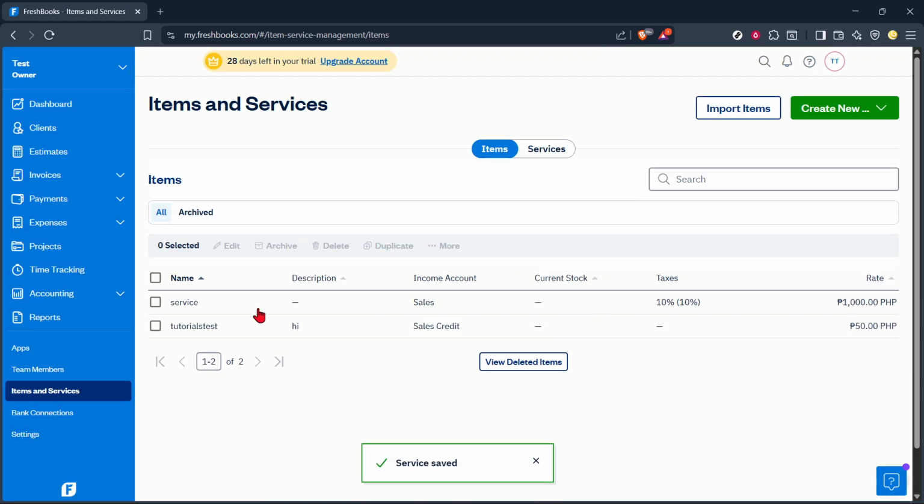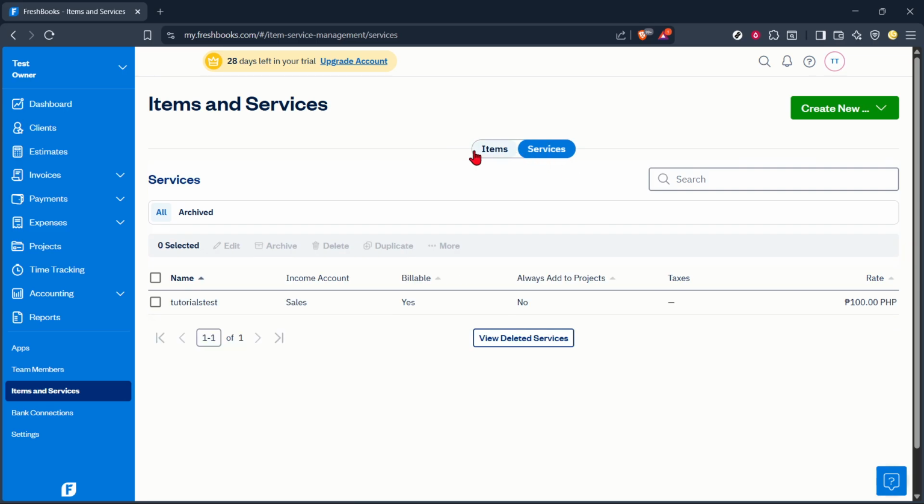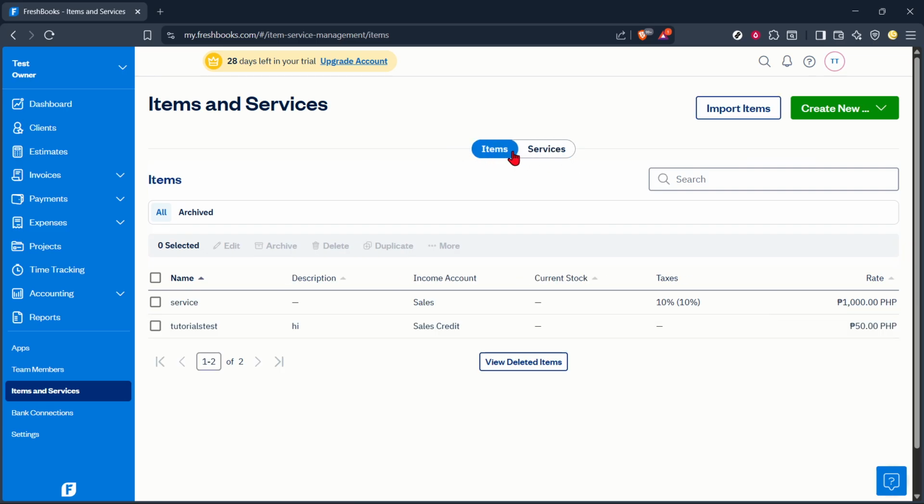Finally, click Save to complete the service setup. That's it. You've added both an item with inventory options and a service with billable settings. Keeping names consistent, descriptions informative, and accounts organized will make invoicing faster and your